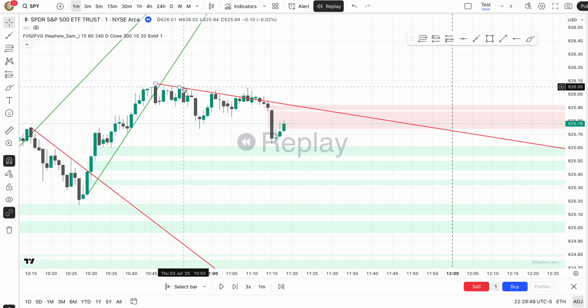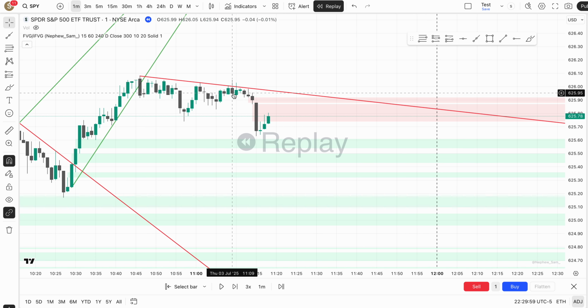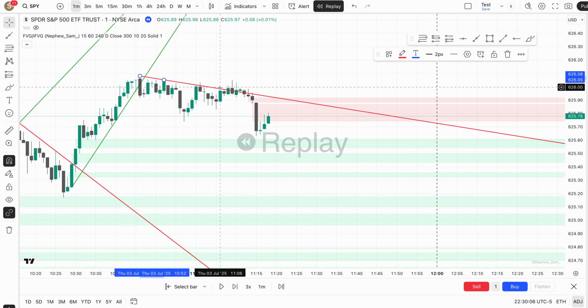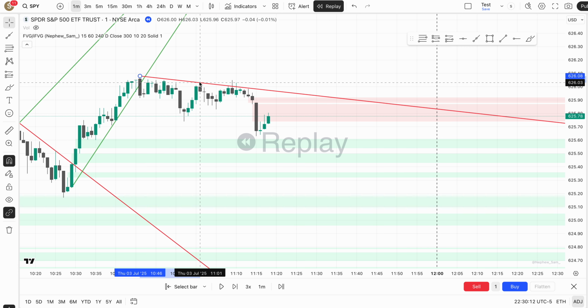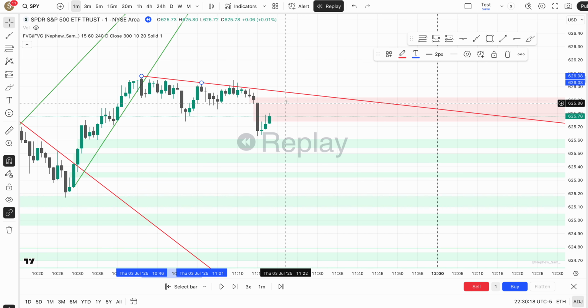Okay, so here, because this is a candle wick right here, this would not have stopped us out, but we do need to adjust the line, because you see what happens now. These candle wicks do not stop us out, but if we had kept it the way it was, these candle bodies would have definitely stopped you out. So you've got to always be adjusting your lines, and the lines are basically just stop losses. That's all they are. They're guardrails